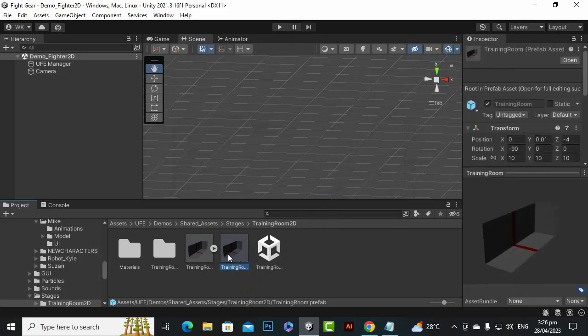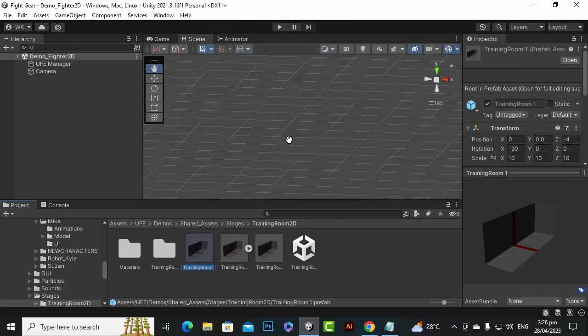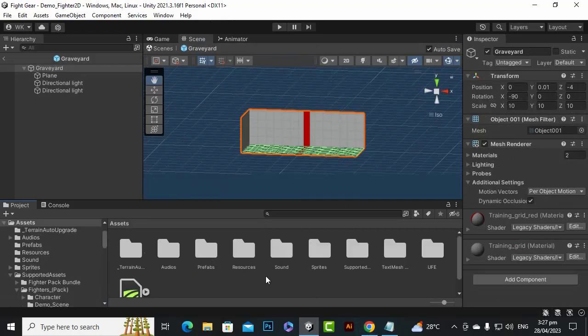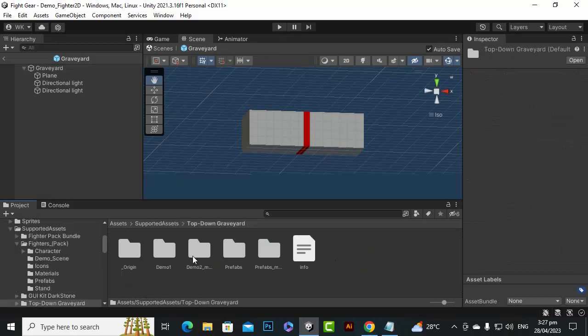So this is the default prefab, so make a duplicate and we can rename it, for example, graveyard, because I have imported the graveyard asset. Let's double click on this prefab and you can see that the position etc. is the same as the main prefab. So let's go to assets, and in the imported assets we have the top down graveyard,